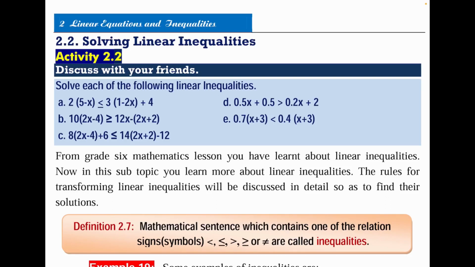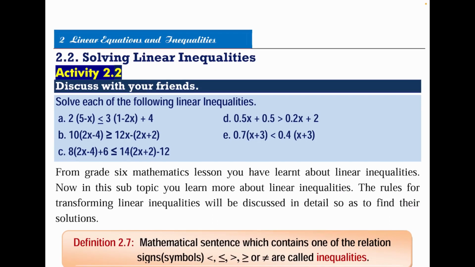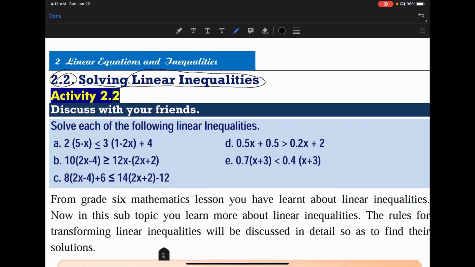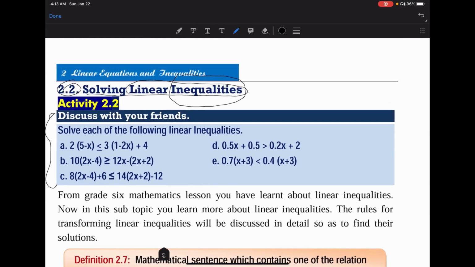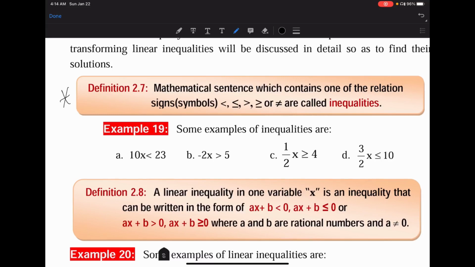በባለፈው ቪዲዮአችን ስለ ሶልቪንግ ሊኒየር ኢኩዌሽንስ ነበር ያየነው፣ እንዴት አድርገን ነው ሊኒየር ኢኩዌሽንስን ሶልቭ የምናደርጋቸው የሚለውን። በአሁኑ ደግሞ ስለ ሶልቪንግ ሊኒየር ኢንኢኳሊቲስ እንዴት አድርገን ነው እነዚህን ሊኒየር ኢንኢኳሊቲዎችን ሶልቭ የምናደርገው የሚለውን ነው የምንመለከተው። ለዛ መጀመሪያ ኢኒኳሊቲ ምንድነው የሚለውን ዲፋይን እናድርግ፣ ከዛ ሊኒየር ኢኒኳሊቲ ምንድነው የሚለውን ዲፋይን እናደርጋለን። ኢኒኳሊቲ ምንድነው የሚለውን፣ ይሄ እንግዲህ mathematical sentence which contains